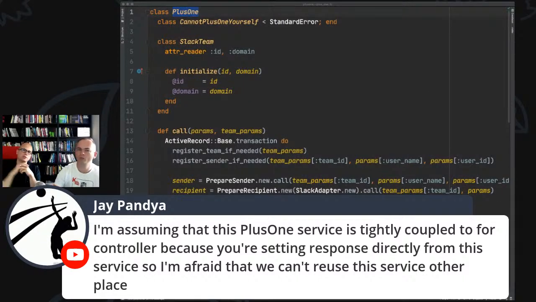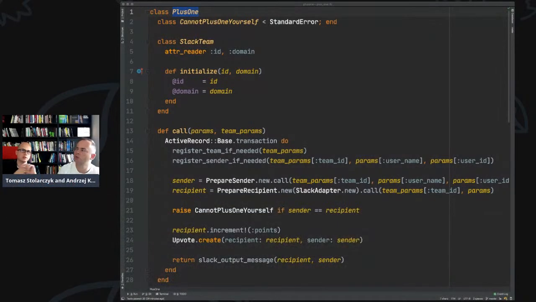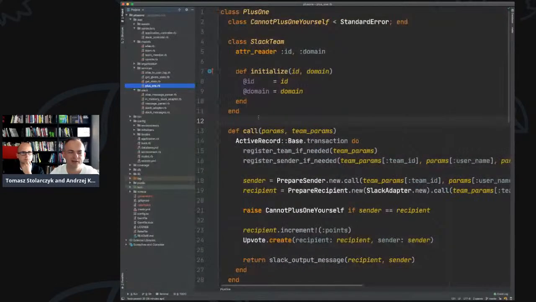So one integration is Slack, and we would have some kind of Slack recipient, but it would not be the domain object, more like an integration object within infrastructure. It's still very vague and not clearly seen.